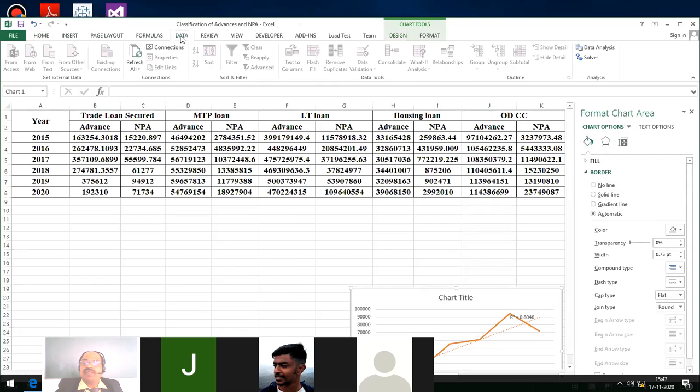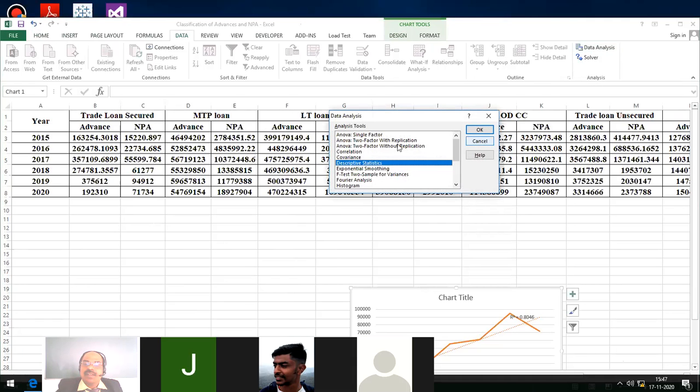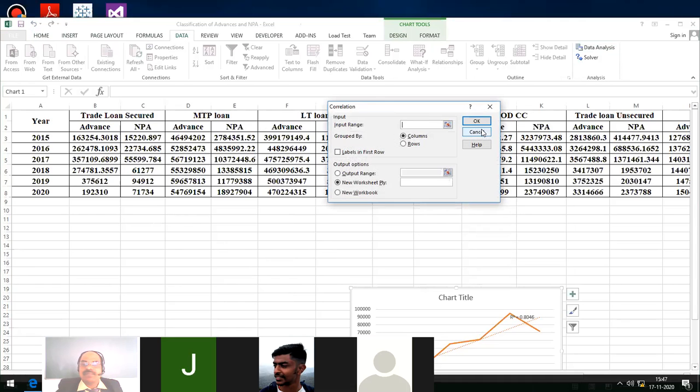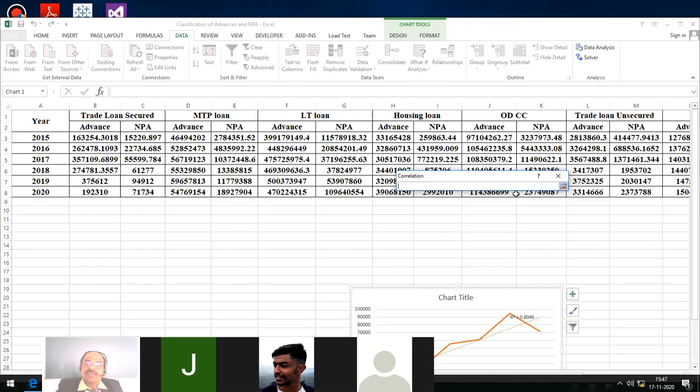So what I'm going to do is data analysis. Let us see the correlation. In case of correlation, it is asking for the input range.